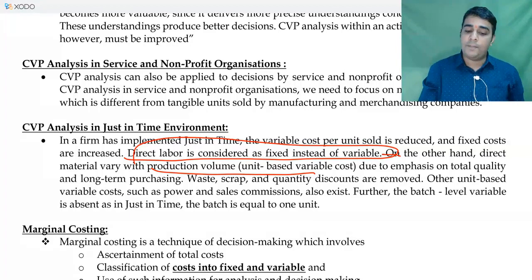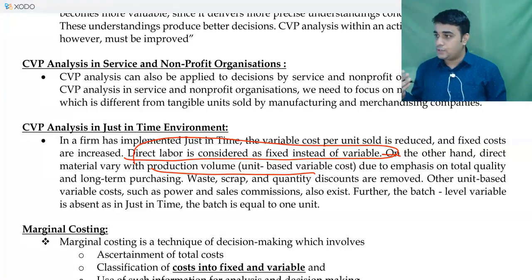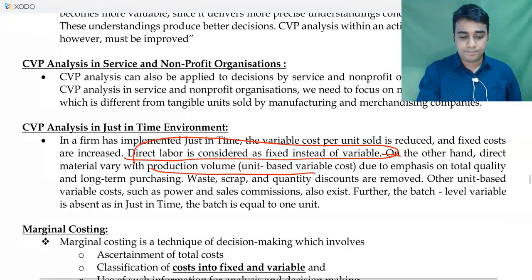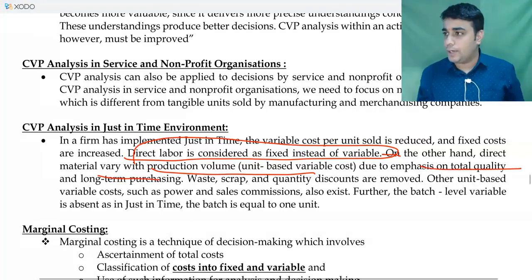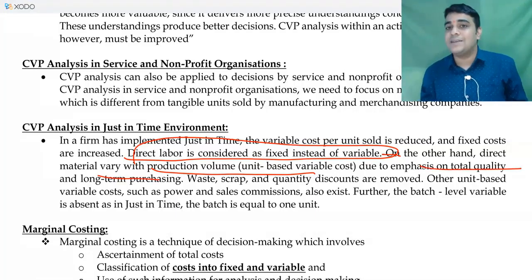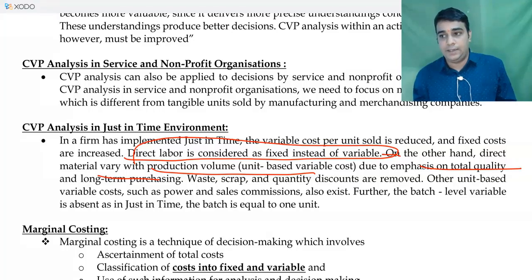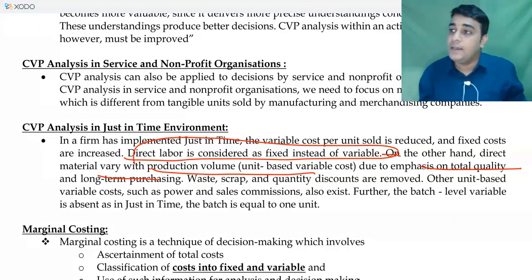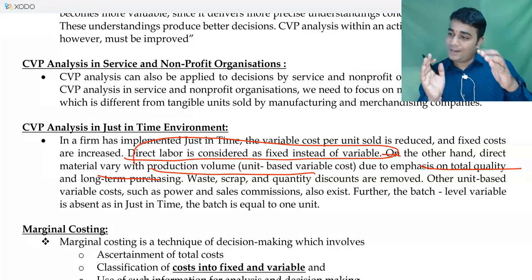Another part is when you are buying material, you are trying to buy good quality material, because under just in time I don't want any wastage of material. Why I don't need any wastage is, the material which you buy, you immediately consume. Let's assume you buy 100 units and 10 units of them become wasted. If it becomes wasted, your production is stopped, because you don't have any raw material inventory, or you are not looking at maintaining any raw material inventory. So I don't want any kind of wastage.